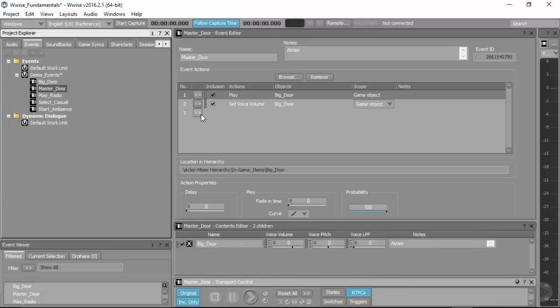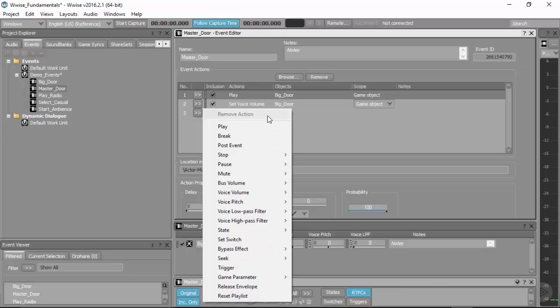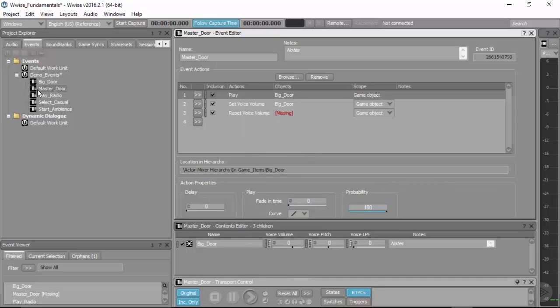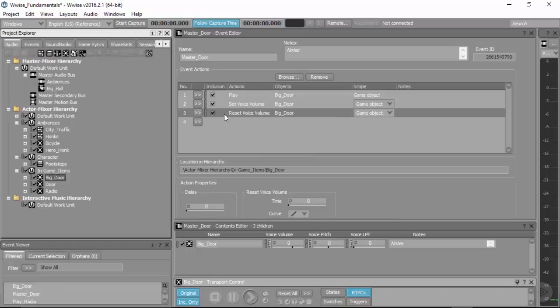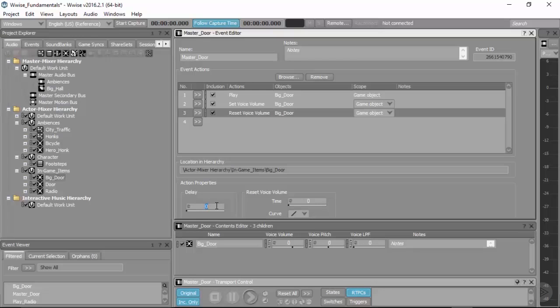So what we can do is go in here and set up a reset voice volume trigger for that same big door sound, and we can delay it 6 seconds. If you wanted, we could even delay it less than that, 4 seconds, and then put in a fade out so that we don't hear the volume suddenly change. And this way, the voice volume of Big Door would always be reset after it's triggered.